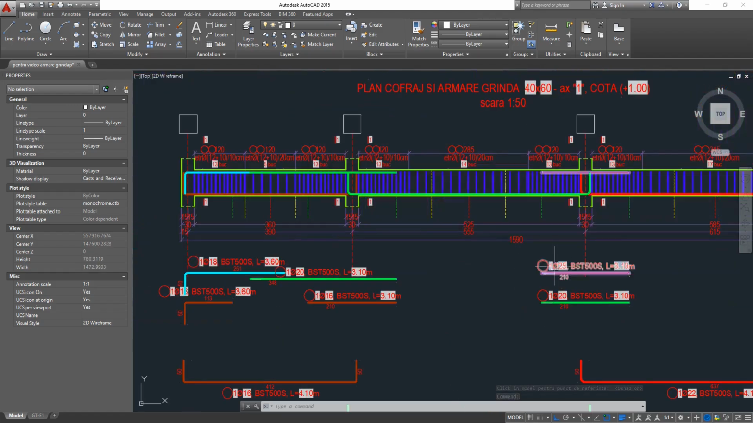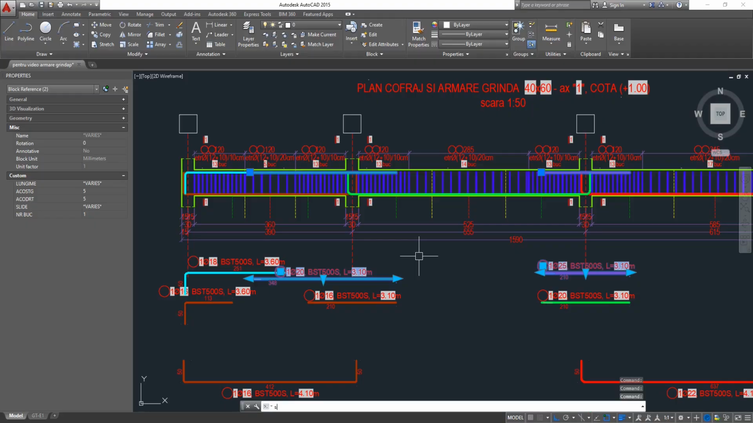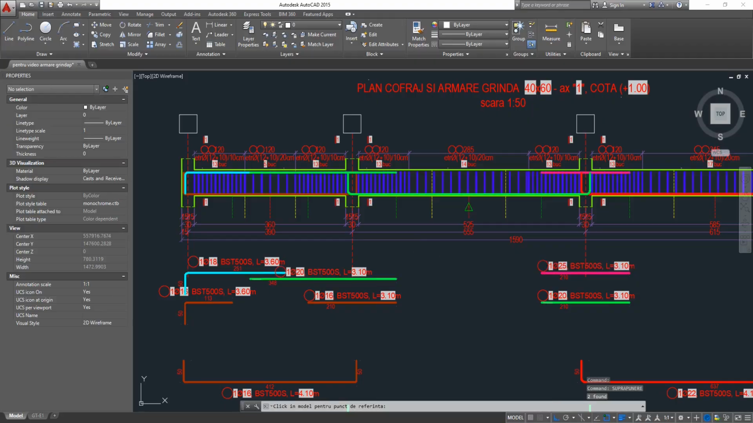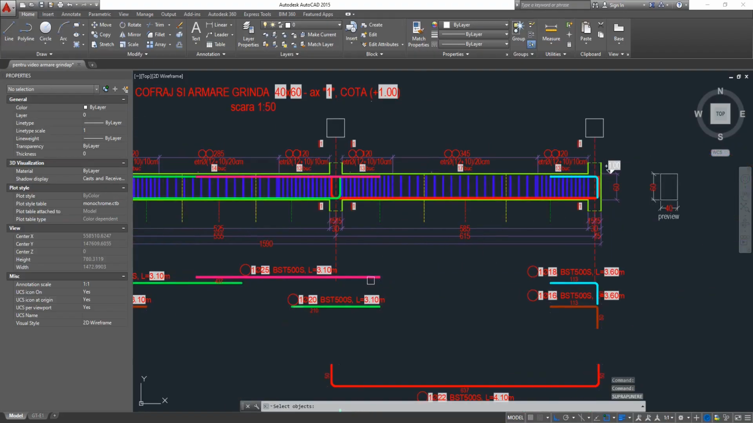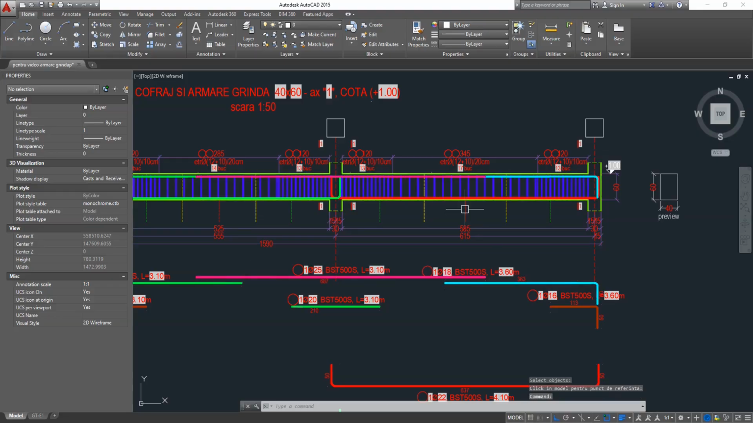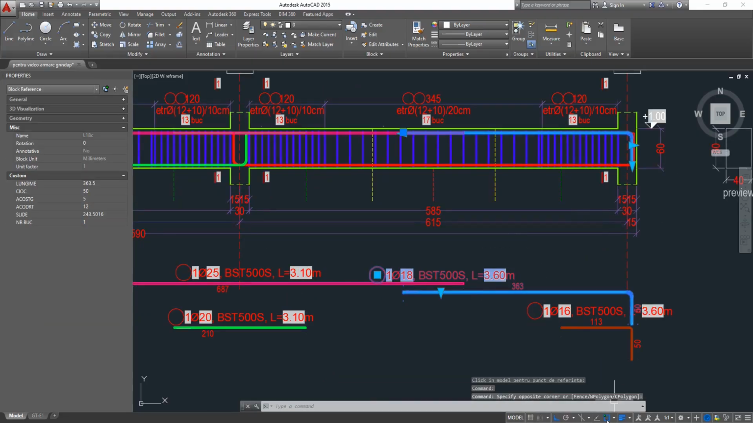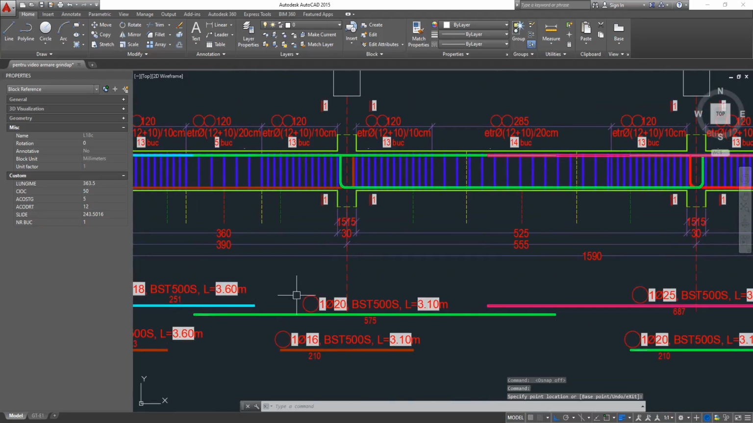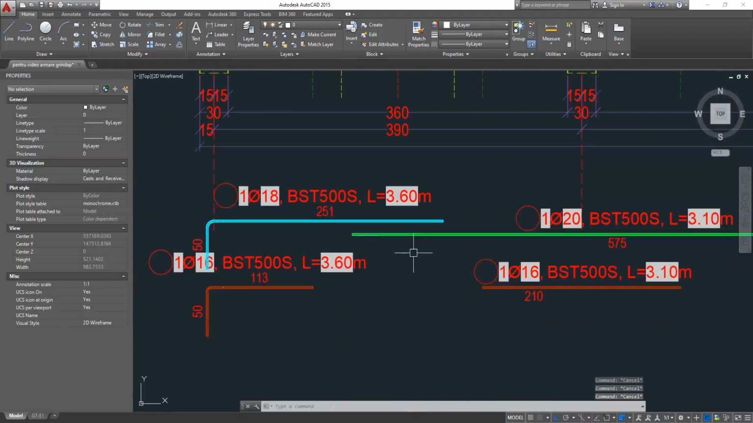We repeat the command, the 25 and the 20 millimeters, the middle of the rebar. There we go. And finally the last one. We can make, with classical move, some small arrangements regarding the text. And if we dimension these